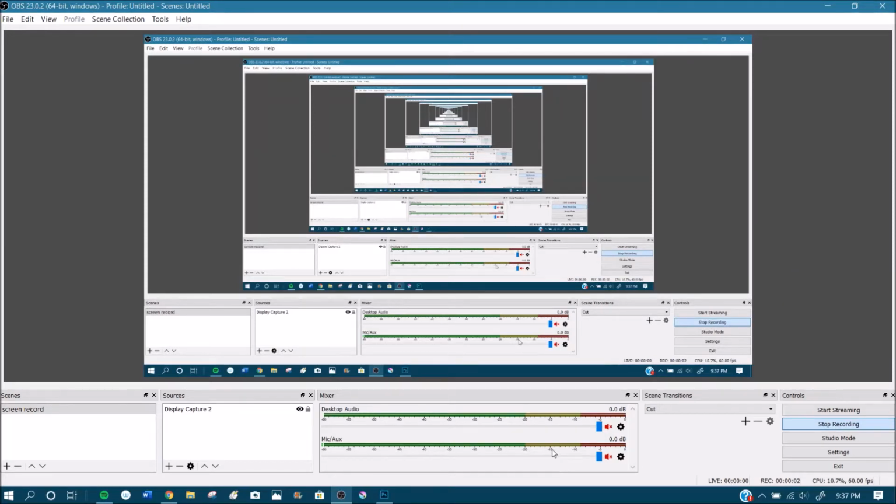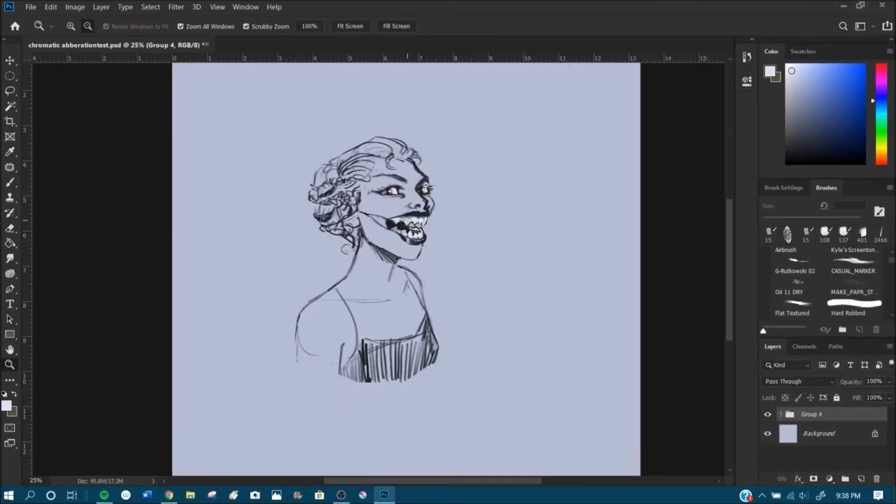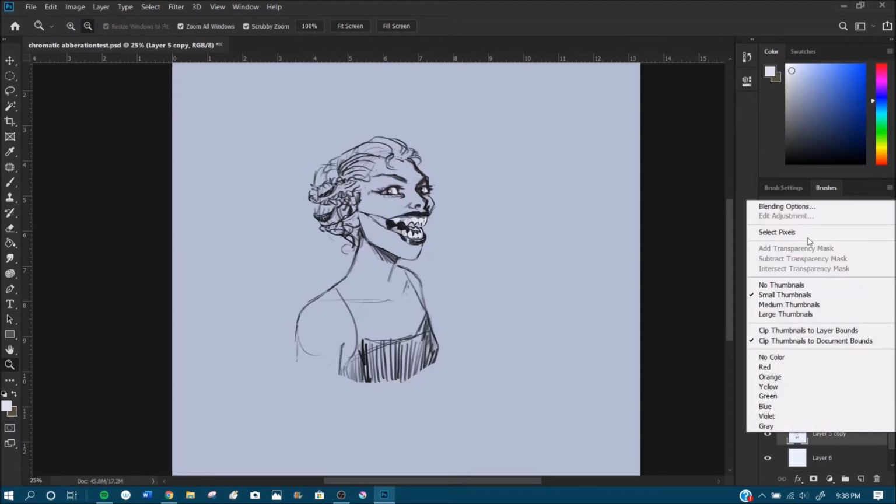Okay, so I've been trying to figure out how to do chromatic aberration, which is when your art looks like it is 3D, and I've found two different ways you can do it, which is what I'm going to show you. So for one, if you have line art on your drawing, like this is just a sketch, you can